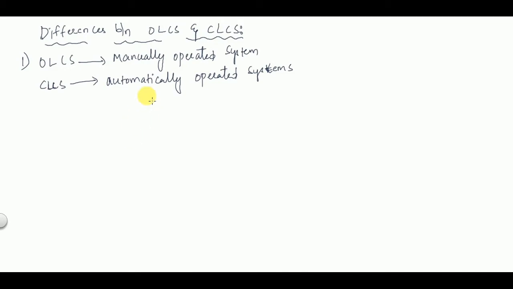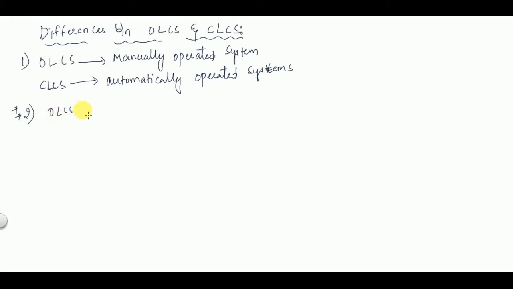Okay, so for example, microwave oven, all the automatic microwave ovens are there which adjust the temperature accordingly. Automatic AC is there which adjusts the temperature based on the temperature of the room that is surrounding. Okay, so all the automatically operated systems are closed loop control systems and the manually operated systems are open loop control systems. So the second difference is